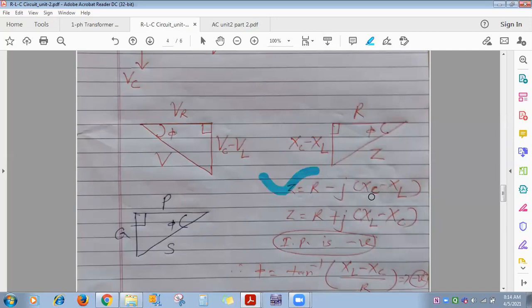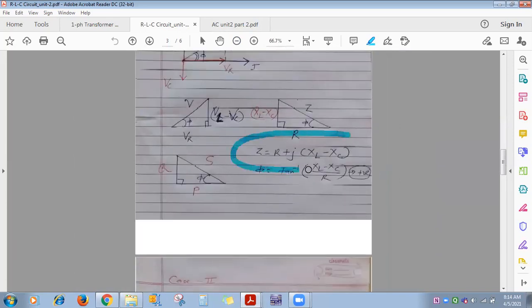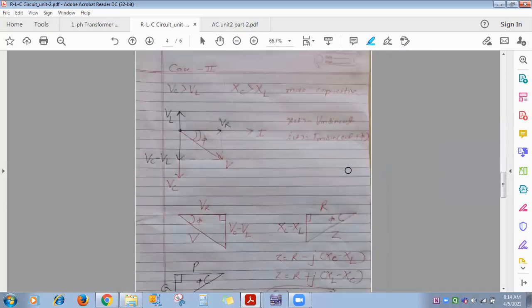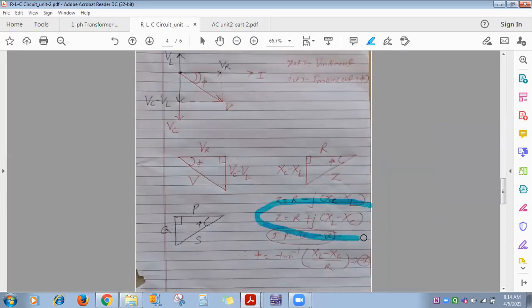So rather than keeping two different formulas in your mind, take the minus sign common. Here it will become minus minus plus, so in the bracket it will be XL minus XC. If you compare the earlier formula and this one, you will find Z is R plus j(XL minus XC), and here also we got the same formula. What does it mean? For series RLC, you only keep in your mind one formula: Z is equal to R plus j(XL minus XC).